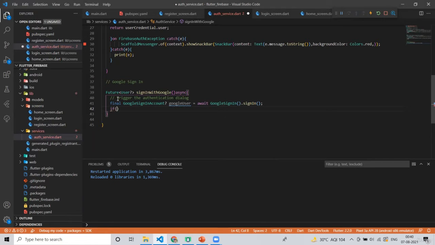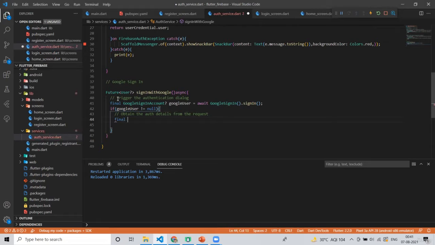So it might be null, that is, the user clicks on the back button or hasn't chosen any account. So we have to check if Google user is not equal to null. If it's not equal to null, then we will obtain the auth details from the request.